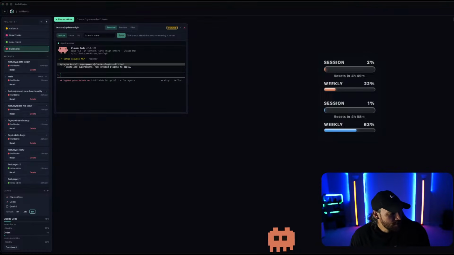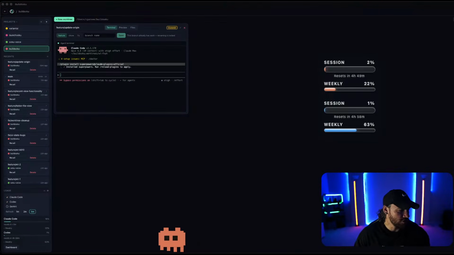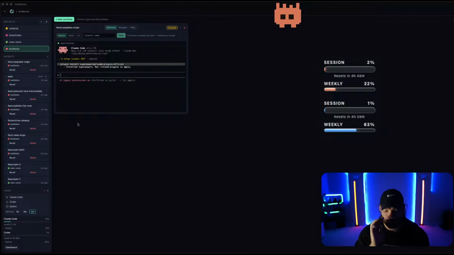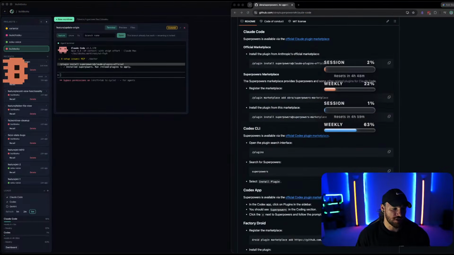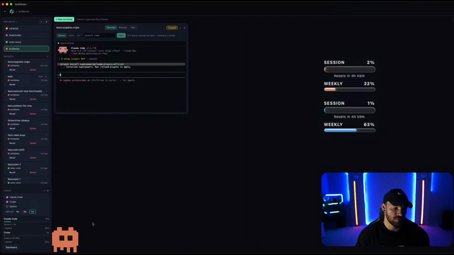In this usage overlay, I should have added something like token maxing above it, because that's kind of what that's for. Just to show the live token usage for the session and stuff. I already have one down here that I built into this app that I'm building, but for